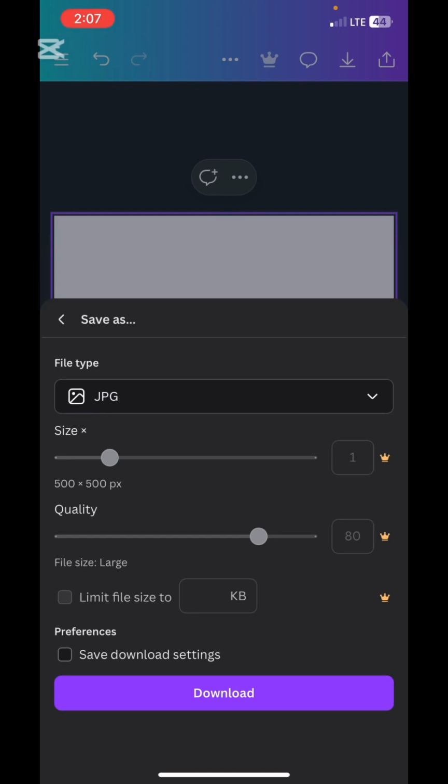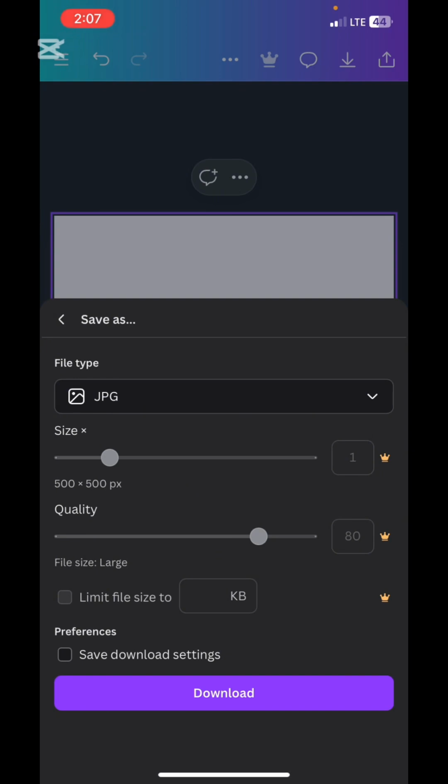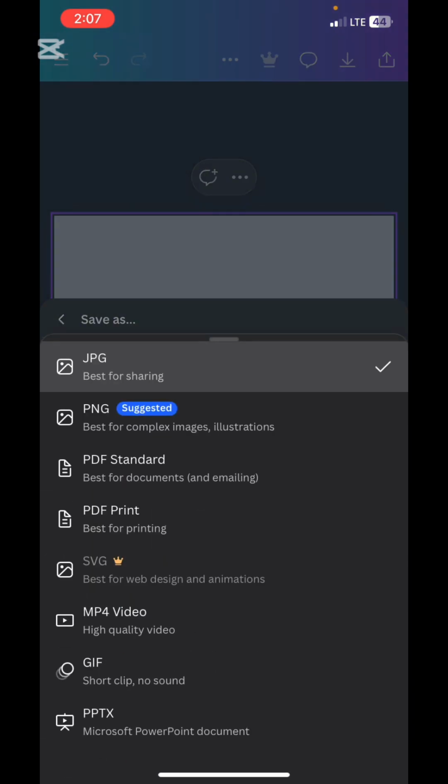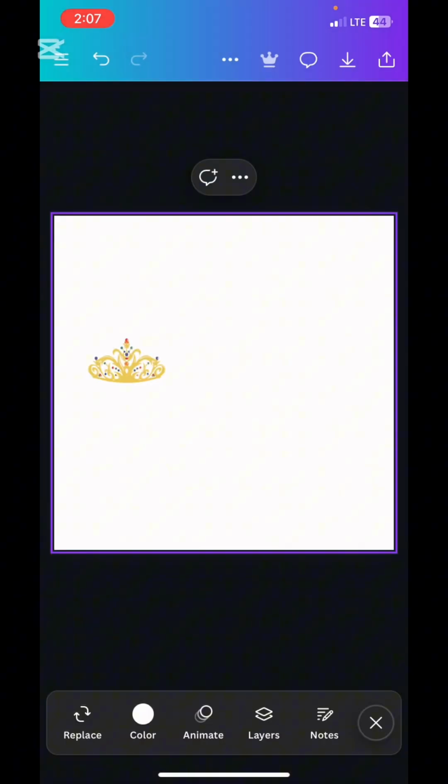But then aside from that, you can still use PNG, which will also give you a good quality as well, right? So that's it. Okay, so that's that for the download option. Then down here,